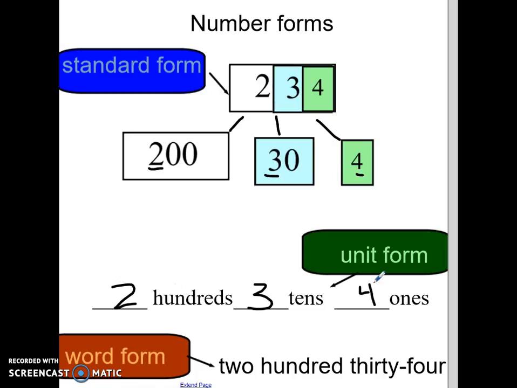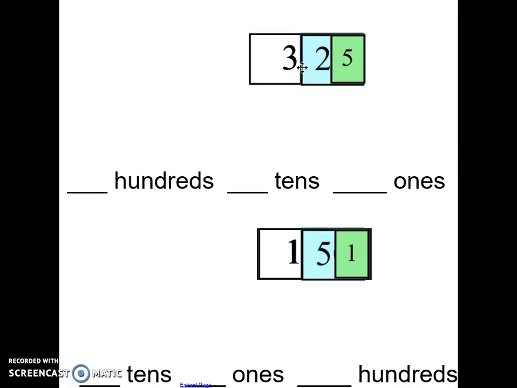The last form I'm going to work with today is called word form. And when we write word form, we simply write the number out in words. So 234 would look like this. Okay, let's take a look at a couple more numbers. So here we have